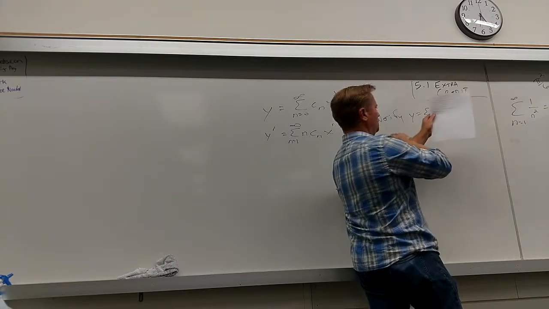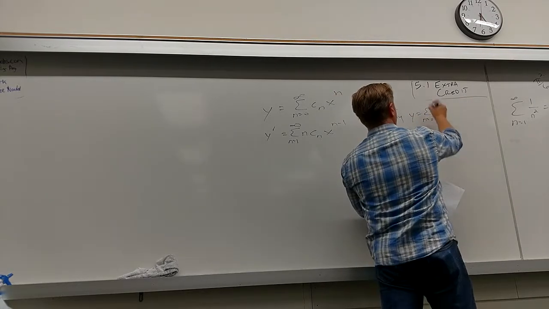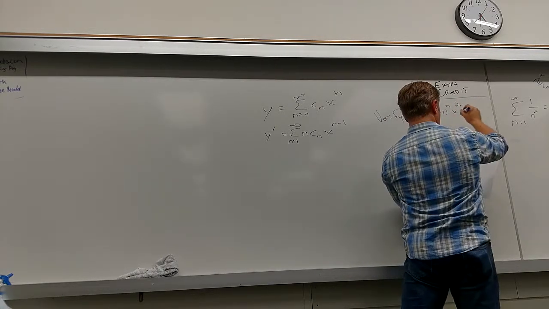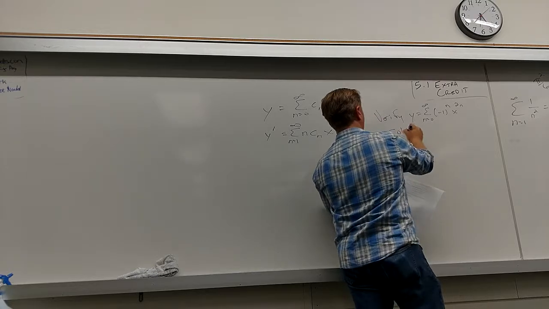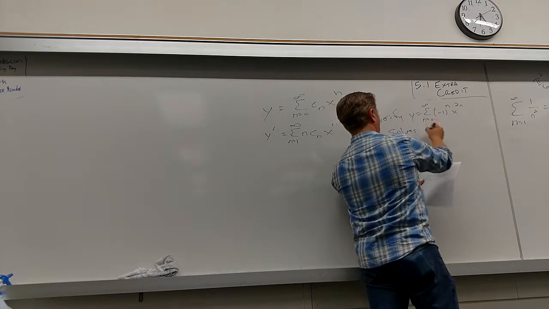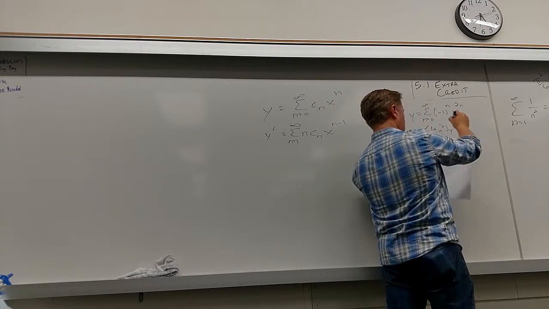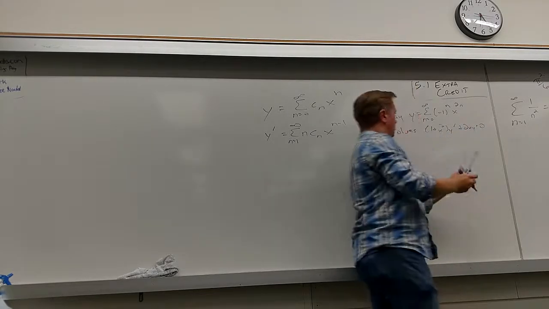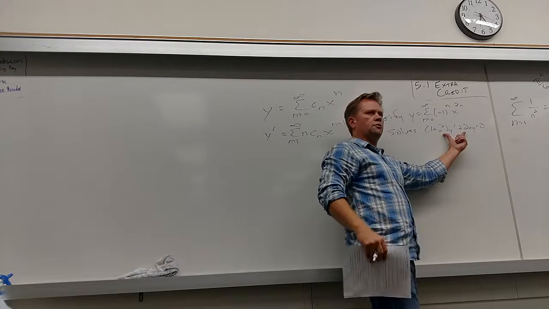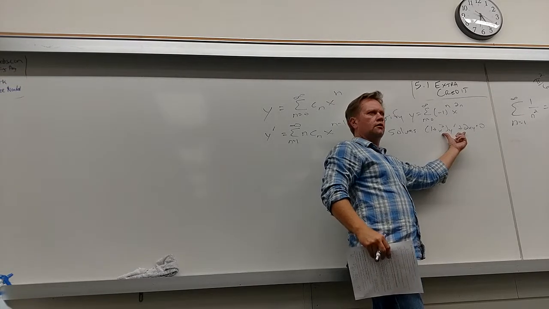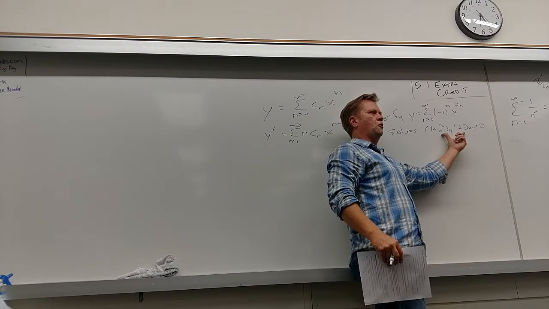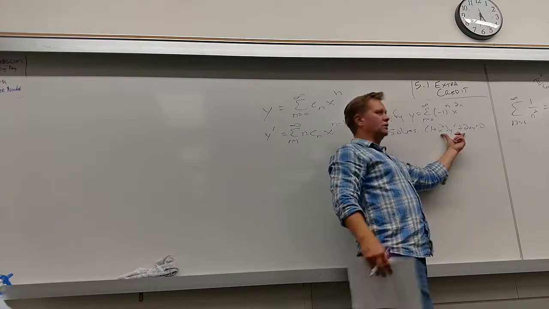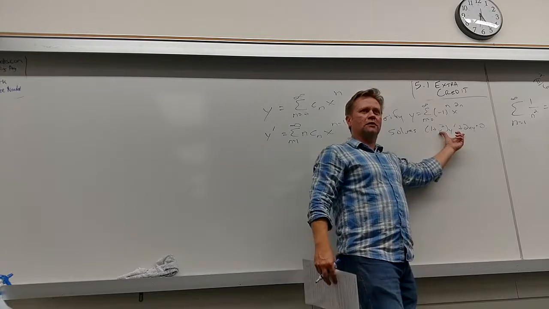Everybody with me in the back? n equals 0 to infinity, negative 1 to the n, x to the 2n. Solves 1 plus x squared, y prime plus 2xy equals 0. Now, is this a form that we've ever looked at before? No, right? This is not a form. This is an example of an unrestricted differential equation, right? Everything's been so